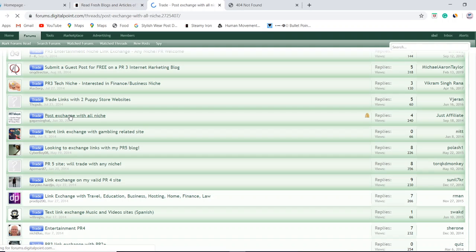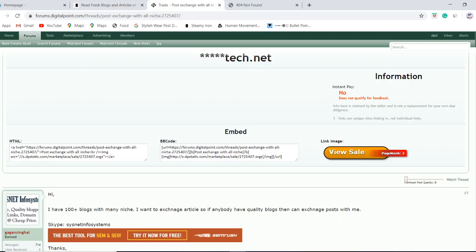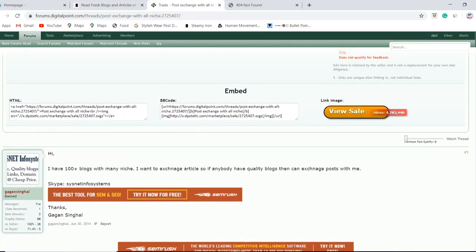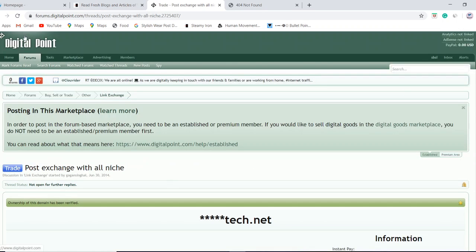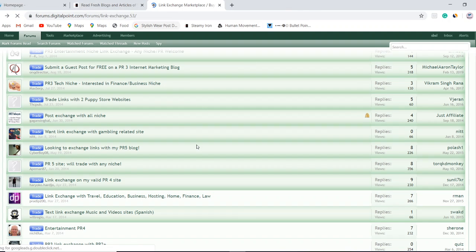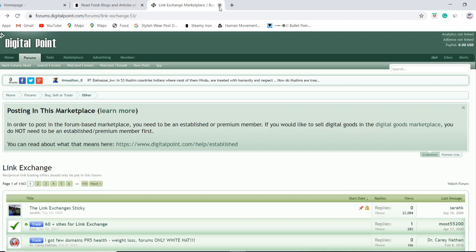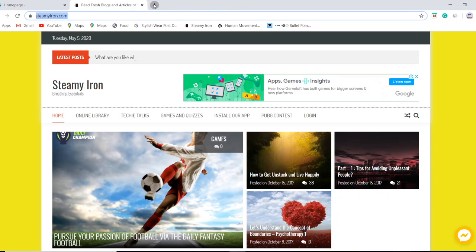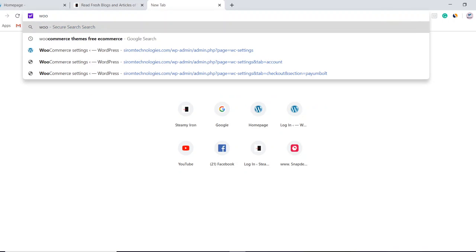I can post the content, I can reply to the content. So these are the work of the forum posting sites. So that's all about forum posting. Now let's move ahead.